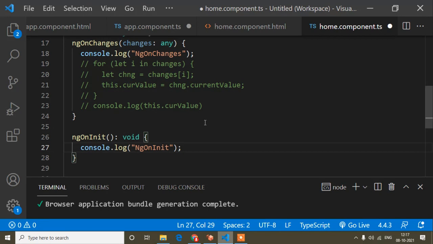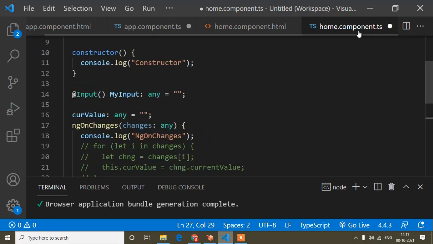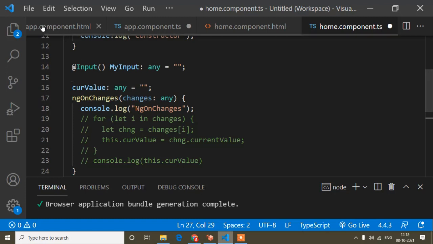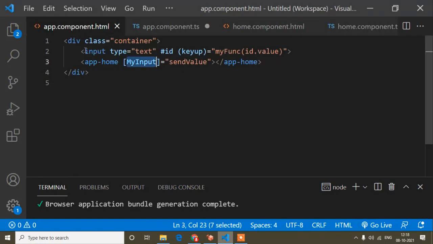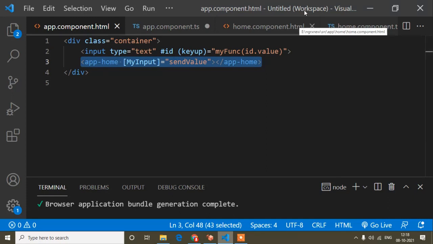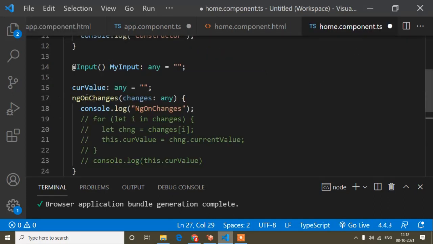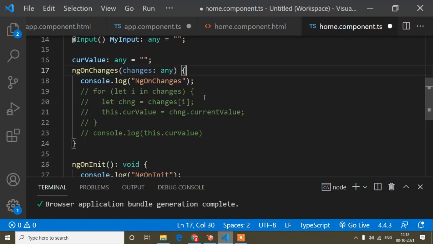I am showing this example in our child component, because if this kind of scenario doesn't happen, like from the parent component's input field I change any data and that is detected in our child component, then ngOnChanges will not be executed. The changes are detected in our child component, so we can show the example of ngOnChanges in our child component. Maybe you are getting confused here, so that's why I suggest watching my previous video, and if you have watched it, all the doubts will be cleared. So this is the scenario.